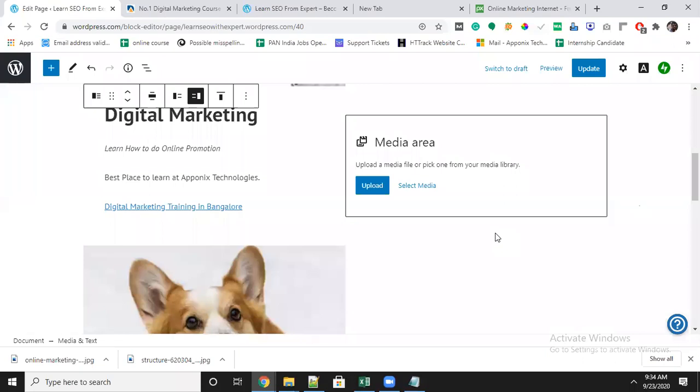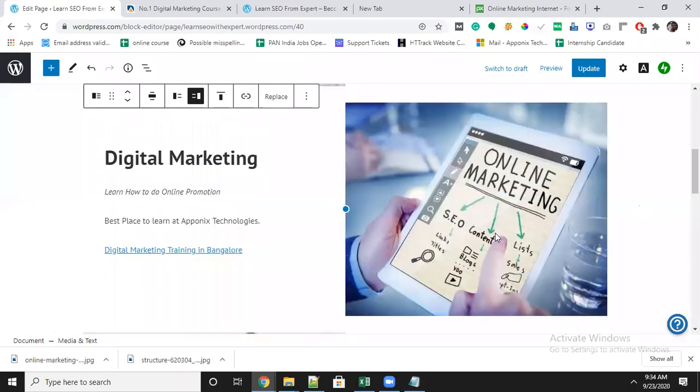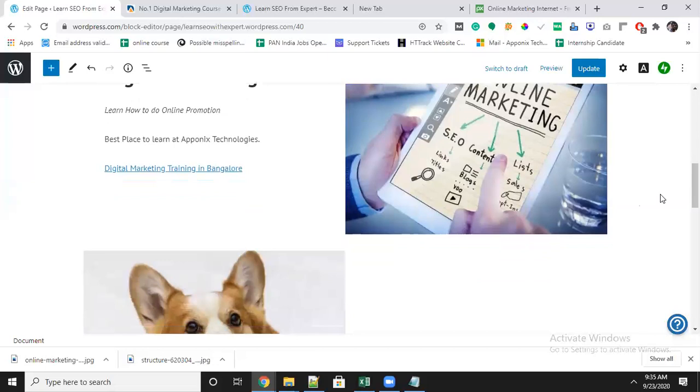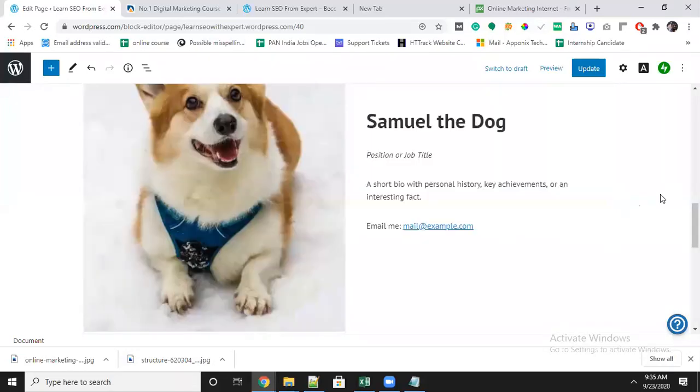The reason for using WordPress is that it is user friendly, with no need of any technical skill, no need of any coding skill. Any person can use this editor. That's why nowadays approximately 40 to 50% of websites in the world are developed with the help of WordPress only.